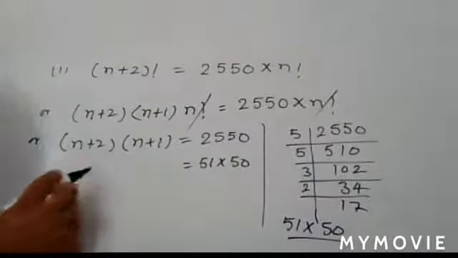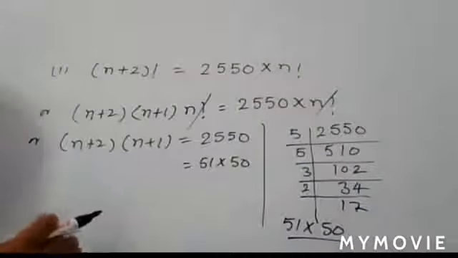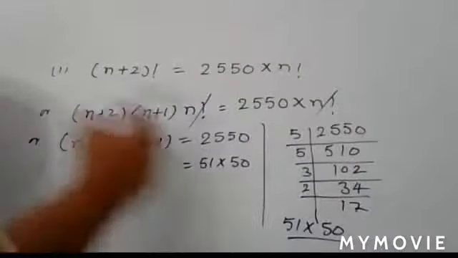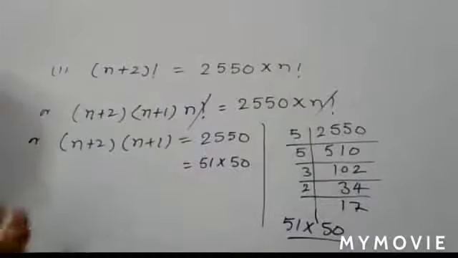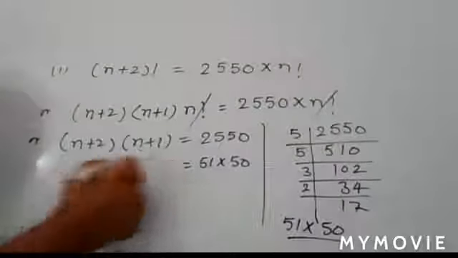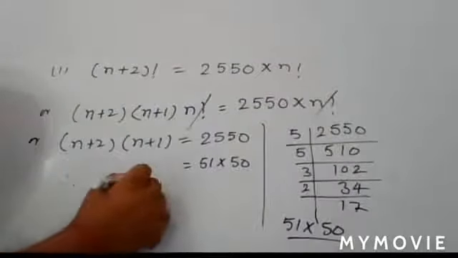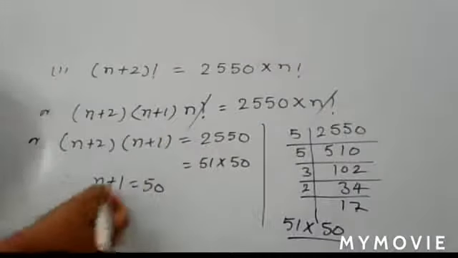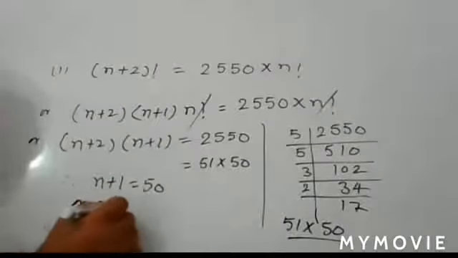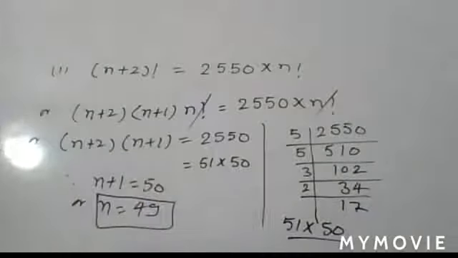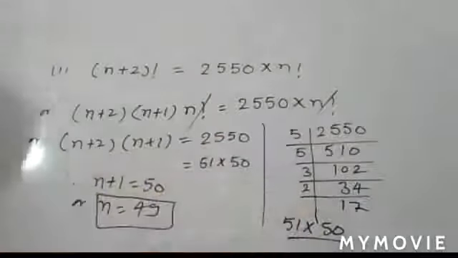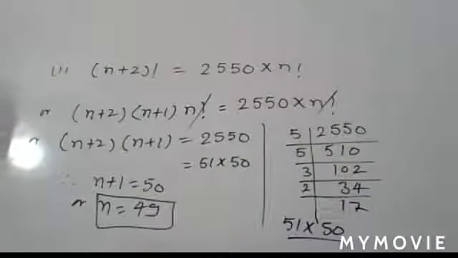Now you see that the factors on the left side are in the same pattern as the right side. So you only have to compare one of the factors to get your value. You can write n+1 is equal to 50. Here you take the last factor; you can take any one. So the value of n is equal to 49. So this is your answer. Write it down. And you saw this part also, for the understanding point of view, how you write this 51 and 50.